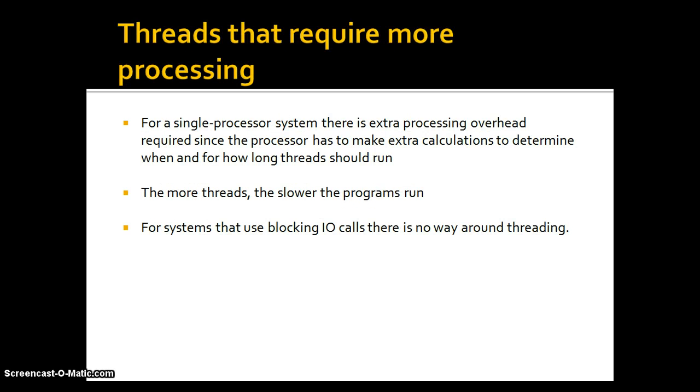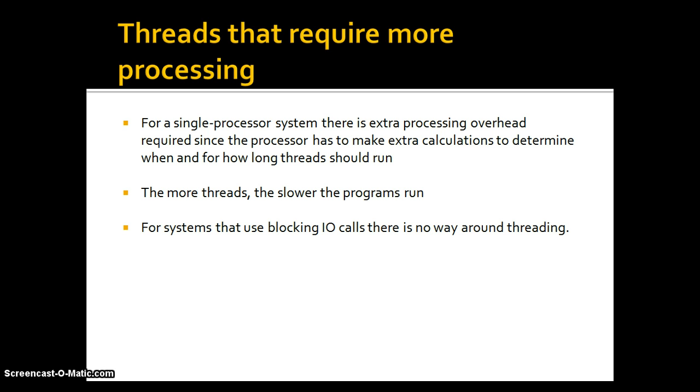On single processor systems, there's a lot more processor overhead involved, since there's only one processor that has to do all the calculations, rather than multiple cores dividing the load between them. So logically, the more threads and processors there are, the slower the computer runs. However, some things you can't get around, and if you need lots of input and output calls, that requires threading,